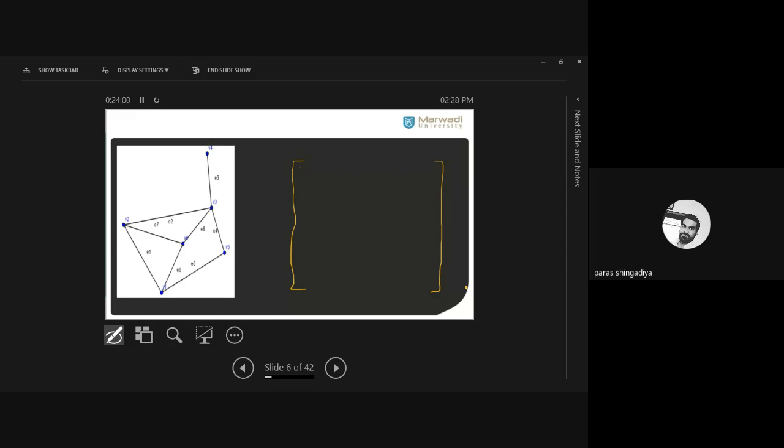Modulus indicates that if it is non-zero, then we can find the inverse of the matrix. Means yes. Clear? So here there is no requirement of A inverse. Here we do not have to find the inverse of the graph. If the inverse of the graph is required, then it is applicable to the A inverse form. Clear? But now this connection is fixed. The data is fixed here, and as per the data, you have to store it in the computer.